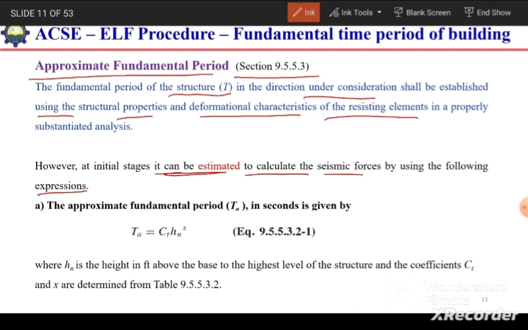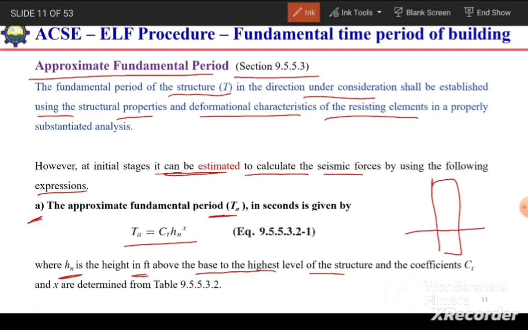So at the initial stage, we can estimate its value, and its value can be estimated by using this equation. The approximate fundamental time period Ta in seconds is given by Ta is equal to Ct times Hn raised to power x. So here Hn is the height of the building in feet above the base to the highest level of the structure. So for example, we have a building